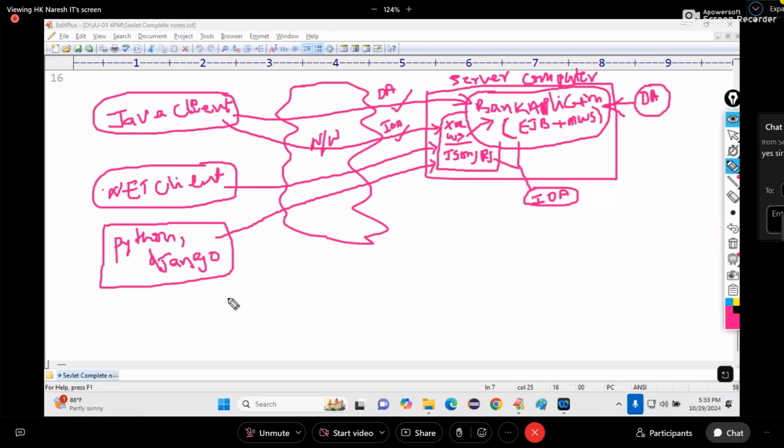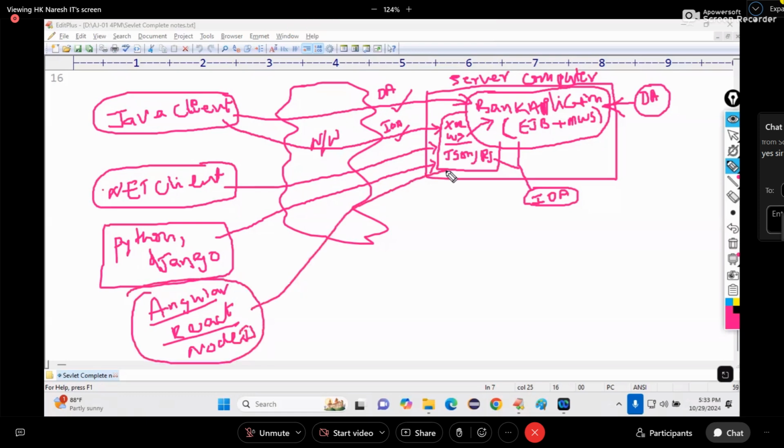Next, Angular or React, or Node.js. Any of the three UI technologies. And next, one more is there, PHP. Mobile application.